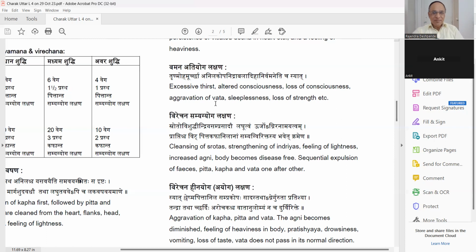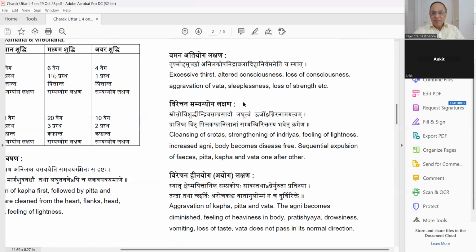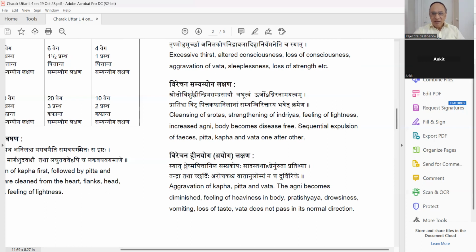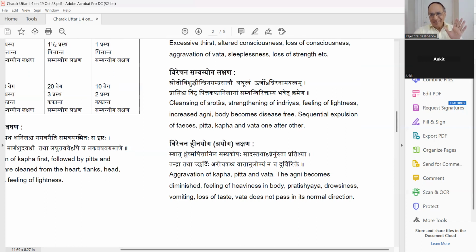Okay, let us start. Then there will be loss of strength, sleeplessness. He can't sleep because of the problem, irritation will be there. Now, we are on Virechana. Proper Virechana, laxative, purgatives, tools are very clear. Heat of the pitta has gone out. Then cleansing of srotas. We are studying the srotas in Roga Nidana, 13 srotasas.